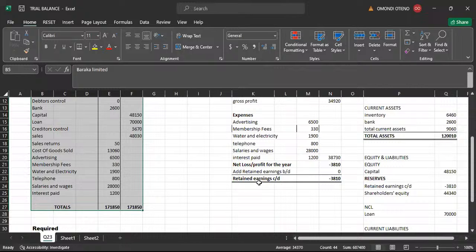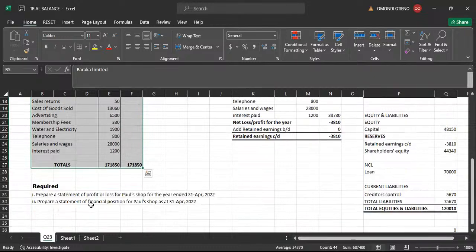Are we all getting these balancing figures? Yes. Okay, so if that is done and it is understood, I want us to now move to another question